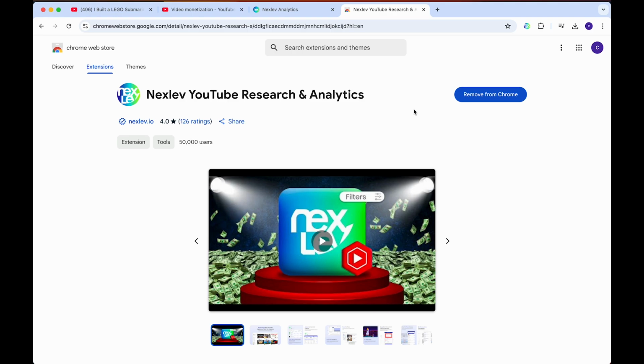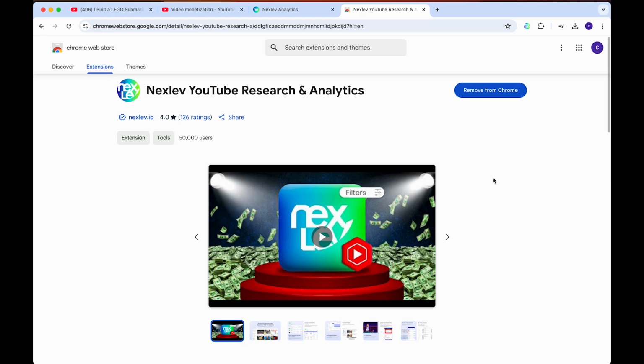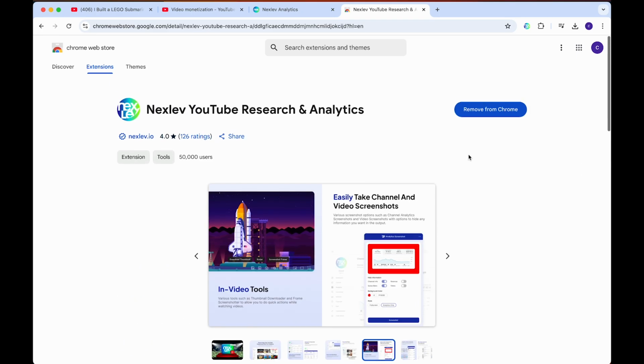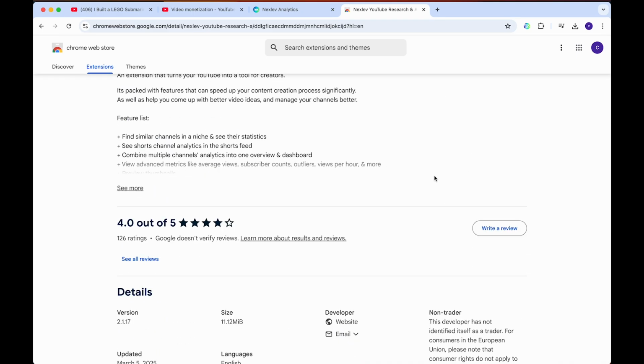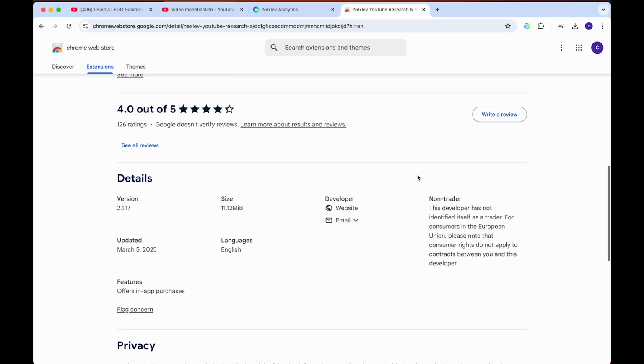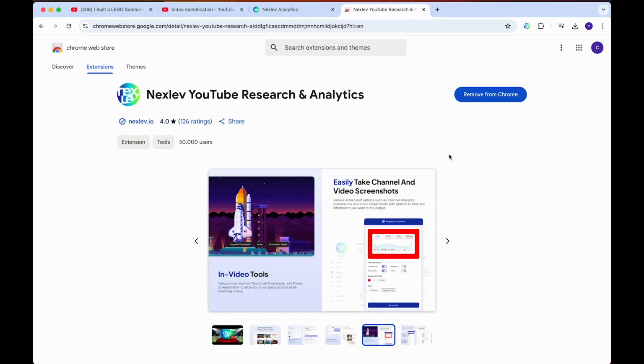Now, with Nexlev, I do recommend giving it a shot if you find any of these features helpful, but honestly, I don't think I'm going to be using it for much longer. And yeah, that's just my overall overview of Nexlev. Again, I recommend giving it a try. It does have all these cool handy features, and they do say they're adding more very soon, but at the moment, I think it's not going to give you an extremely unfair advantage on YouTube